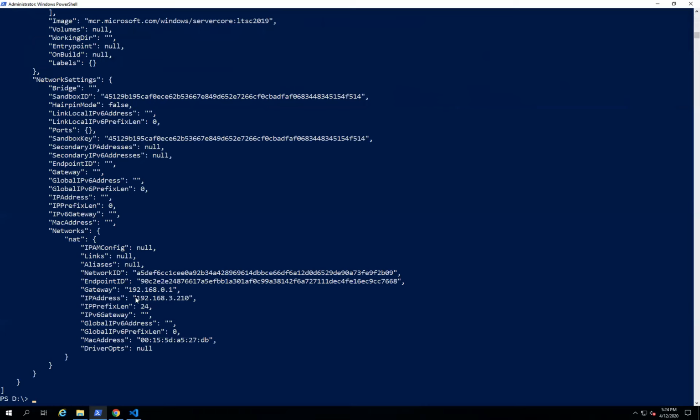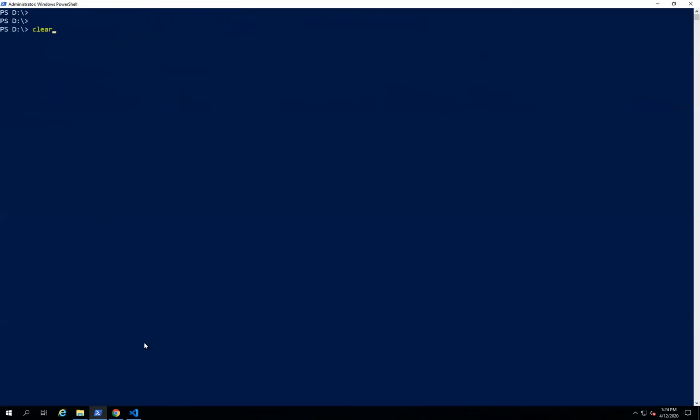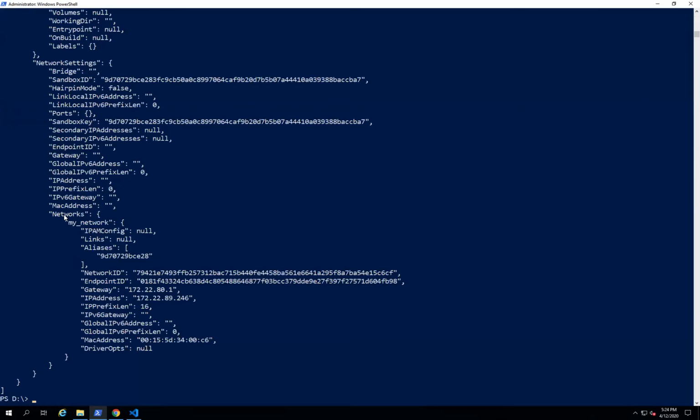So this is the IP address of this container, right? In which network it is created: here you can see the network is NAT, and the IP address is this one. Let's inspect the same for the other container as well, Windows container 2. Here you can see the network is my network, and the IP address is this one,